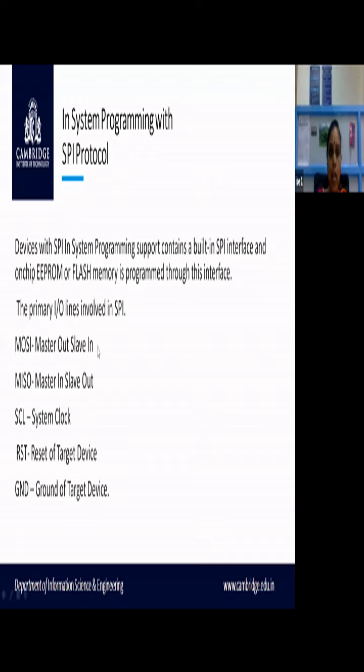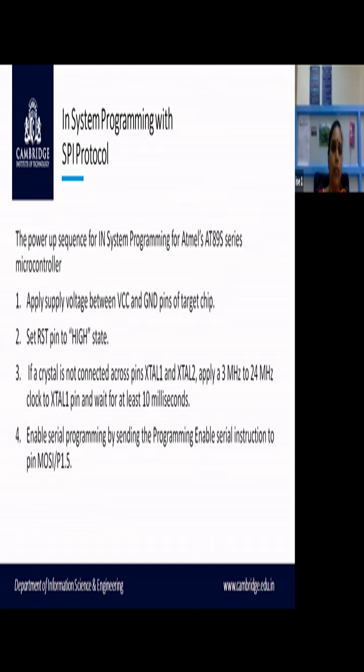So MOSI, master out slave in, then MISO, master in slave out, SCL, that is system clock, then reset of the target device, and ground of the target device. These are the IO lines that will be available with the SPI protocol, and they are involved when you make use of it.